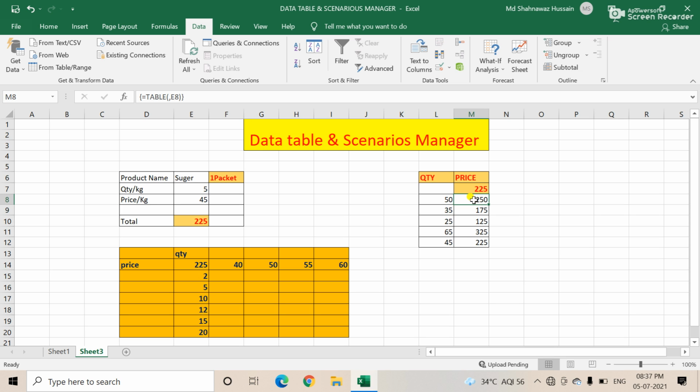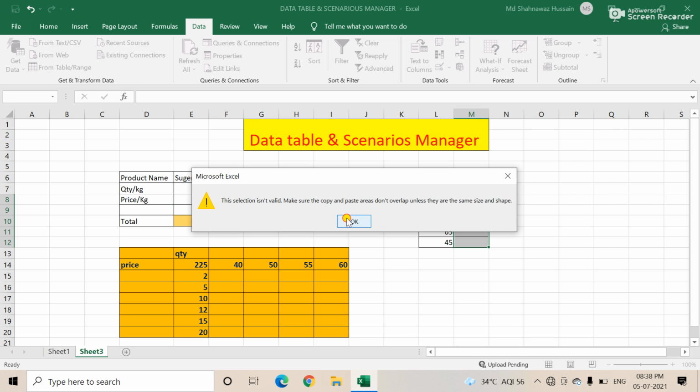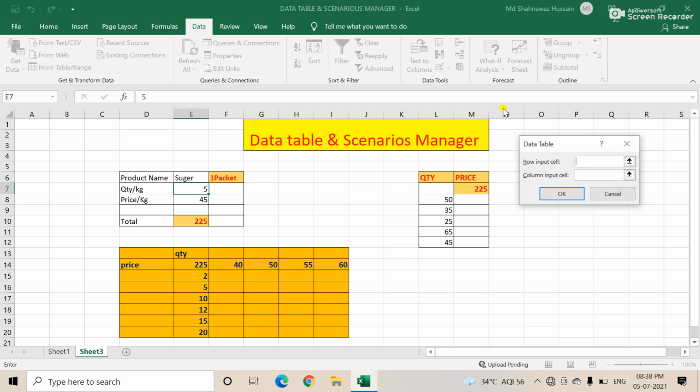So if you calculate, the quantity is 5, and here 5 into 5 is 25. If you calculate the price based on the quantity like this, I am showing you. So you click over there on the data table, and see this column and the price, the quantity is actually coming.